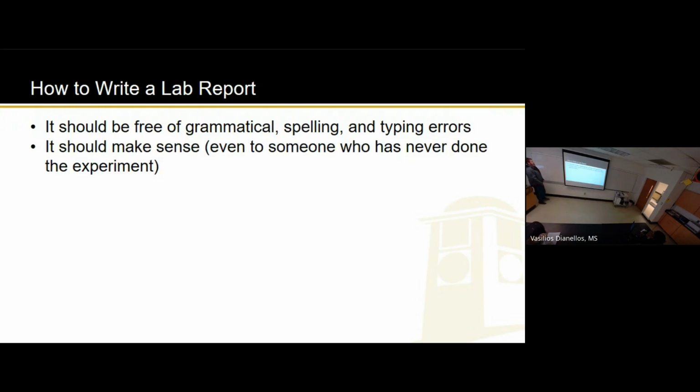It should make sense. This is a big one. This is the test that it should pass. You should be able to give it to somebody who's not had this class and say, hey, read this, does it make sense? There should be enough information so that every little thing in there makes sense. For example, in your introduction, you're going to explain all that pH stuff that I just explained to you. If you failed to do that, then when you give that lab report to somebody and they read about the change in pH, they're like, what change in pH? What does that have to do with photosynthesis? If your lab report makes sense to somebody who's not had this class and didn't do the experiment, you probably did a pretty good job.